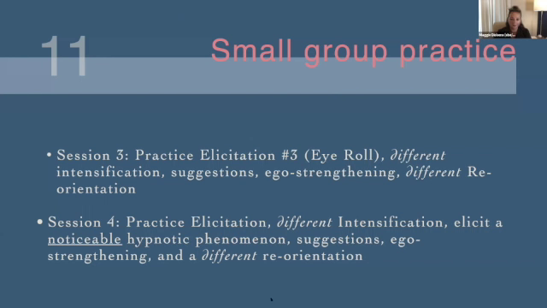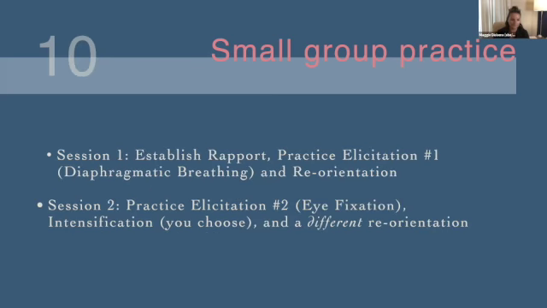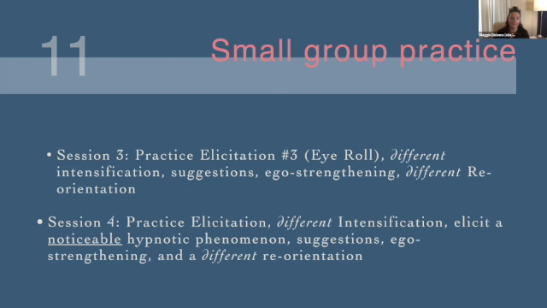And then the session 4, this is going to be the last practice session. And it is going to be where you're doing kind of all the things that you saw Lane facilitate with me yesterday. So that rapport building is very, very short in session 2, 3, and 4, because you've spent 15 minutes setting up that rapport with people in the first small group session. So rapport building is anywhere between a minute to 90 seconds for sessions 2, 3, and 4. And you're just setting a goal, setting up the hypnotic session,